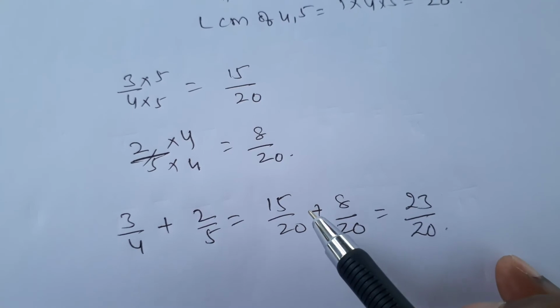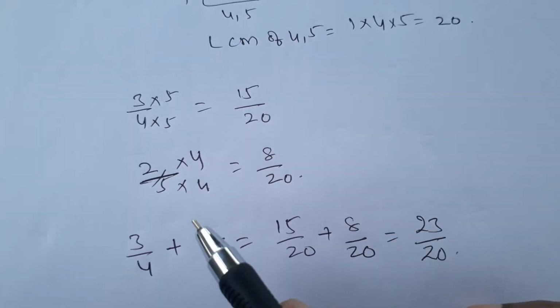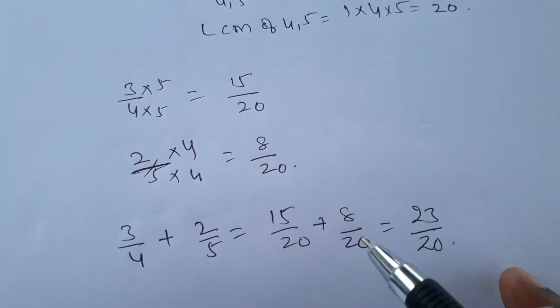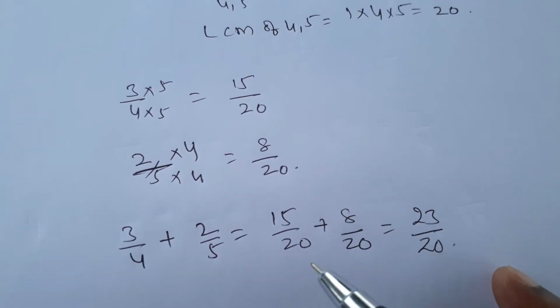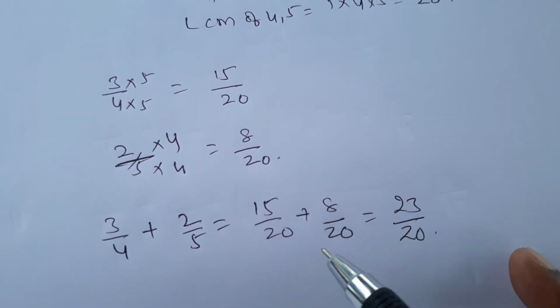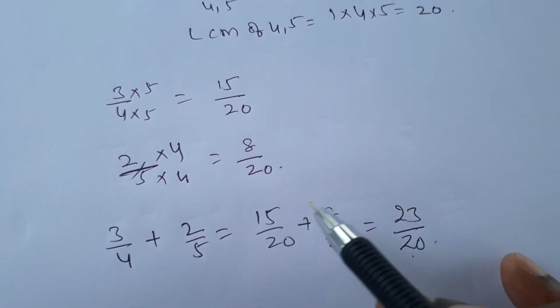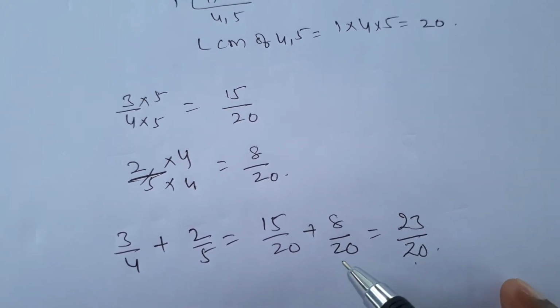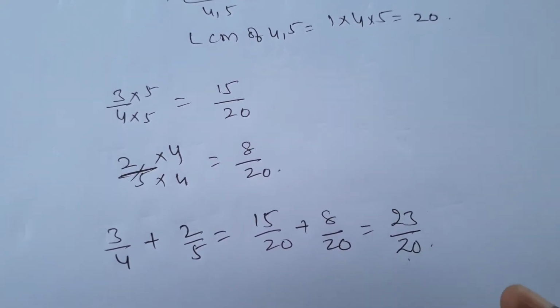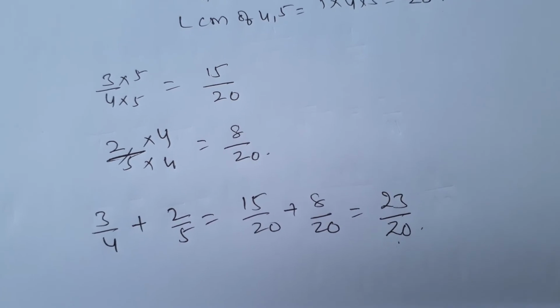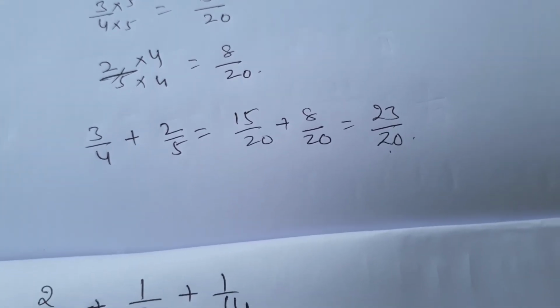For this, 3 by 4 equal fraction is 15 by 20, and for this, 2 by 5 equal fraction is 18 by 20. Add these. Like fractions you can add directly. The denominator stays the same, and the numerators add. Numerators add; the denominator should not be added. Only repeat it. So that is the result of the given fractions.